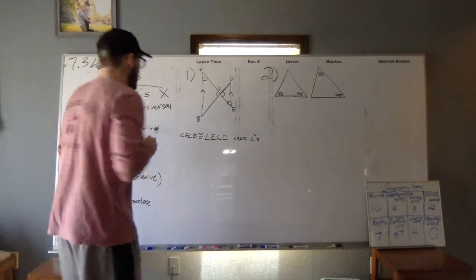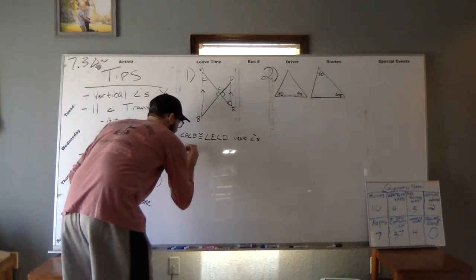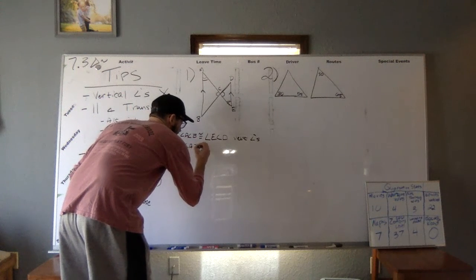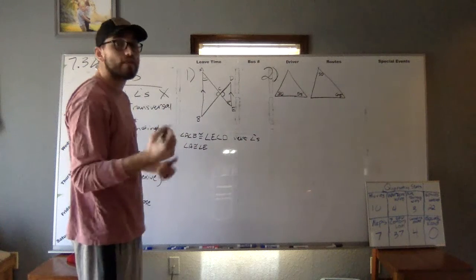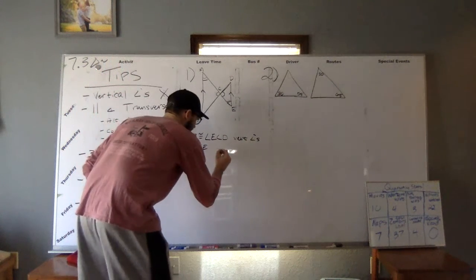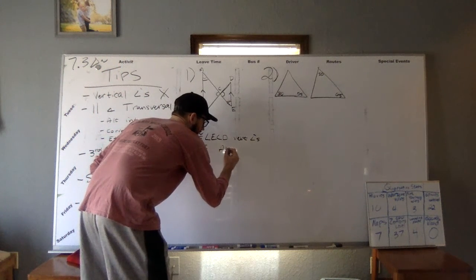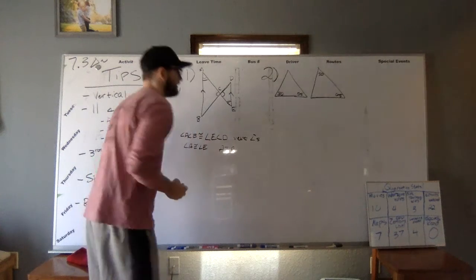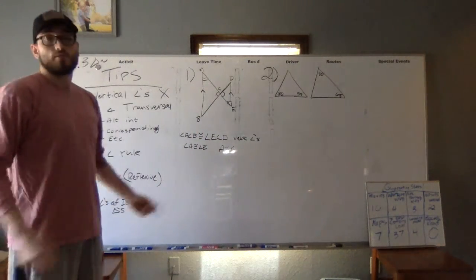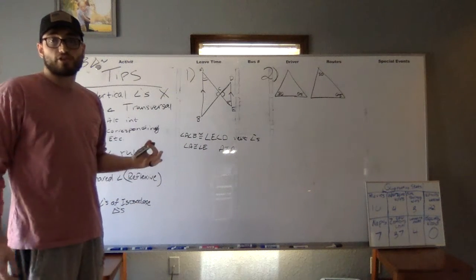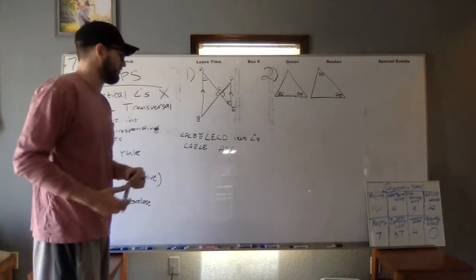Depending on which ones you use, I can say something easy like angle A is congruent to angle E. All right, why was that? Oh yeah, that was alternate interior angles. So I can just write the same shortcut we used to use, AIA, alternate interior angles, and I can say, yep. From there, I now have 2 angles that are congruent